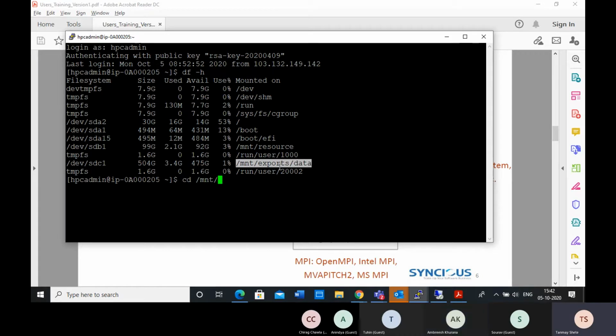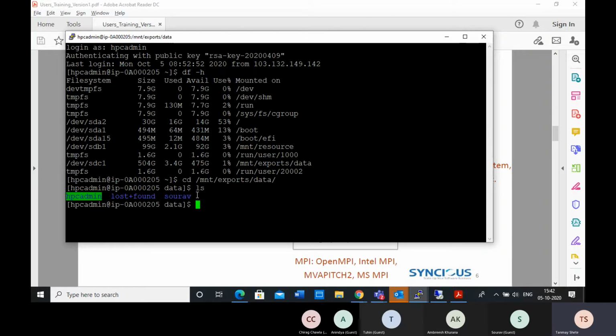I think I should rephrase that, or correct myself. Your persistent data that you want to store should be here. Because I want to also introduce another storage to you. This is the storage where you can definitely keep your input data at the start, and you can keep your persistent data here.